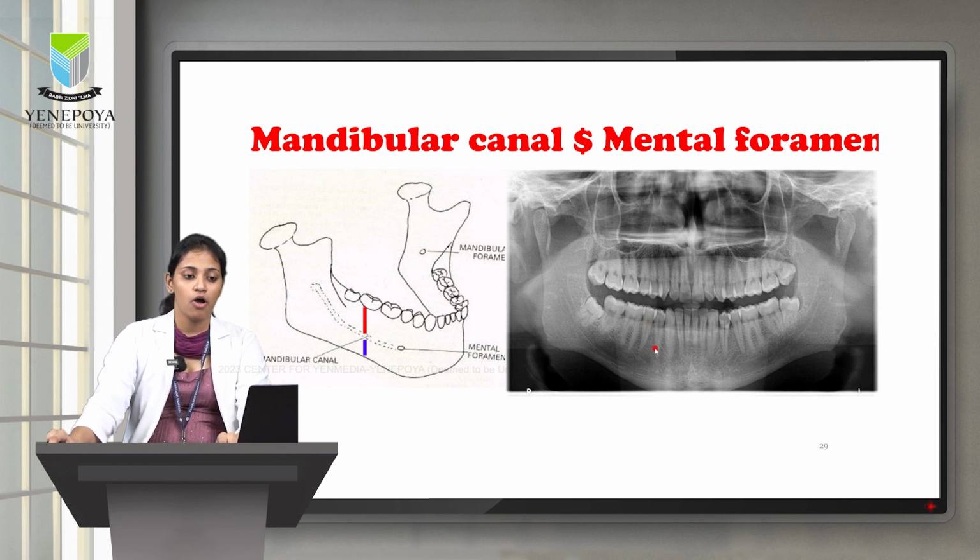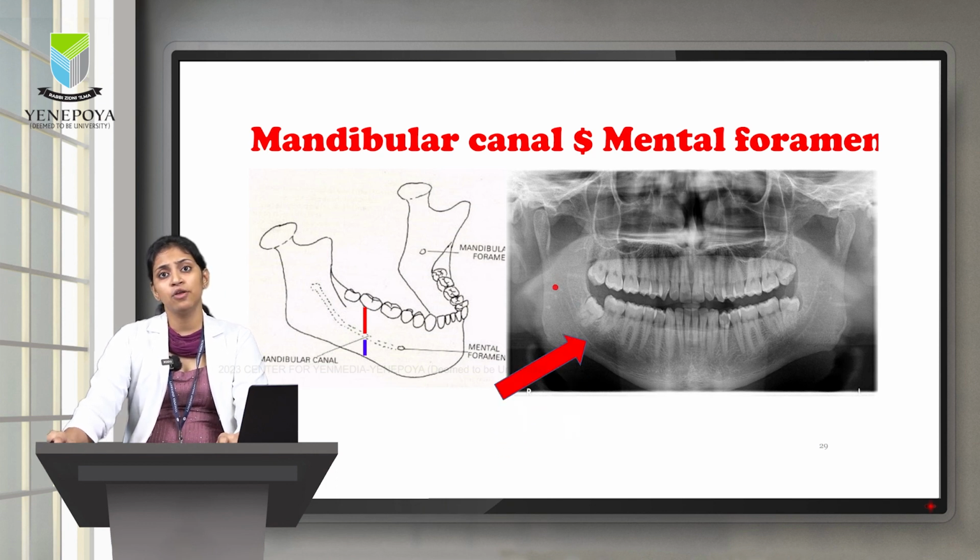So, this mental foramen is located at the periapical region of mandibular premolars. On a panoramic radiograph, the mandibular foramen appears as a small round or oval radiolucency, which is located at the mid portion of the ramus of the mandible, followed by a radiolucent band which we can appreciate traversing downwards and forwards, representing the mandibular canal. And the mandibular canal has two radio-opaque lines surrounding it, representing the cortical walls, terminating as the mental foramen, as we can see here at the